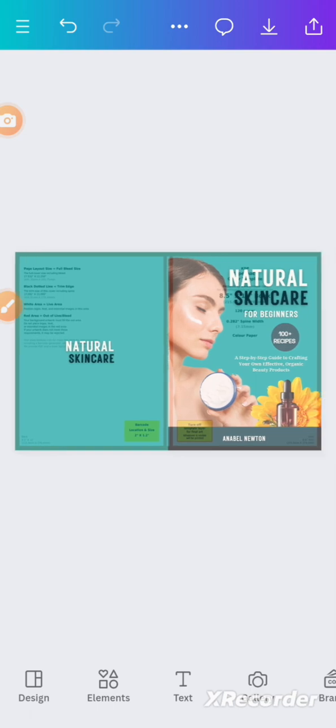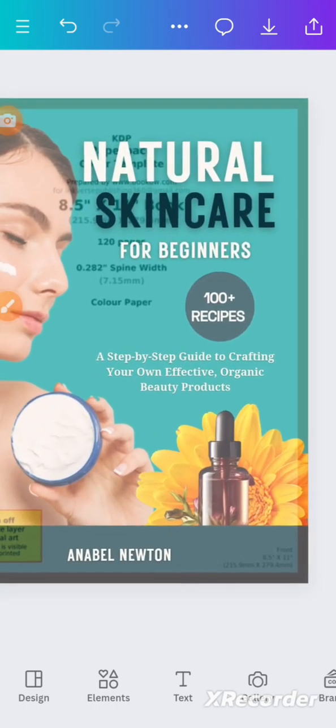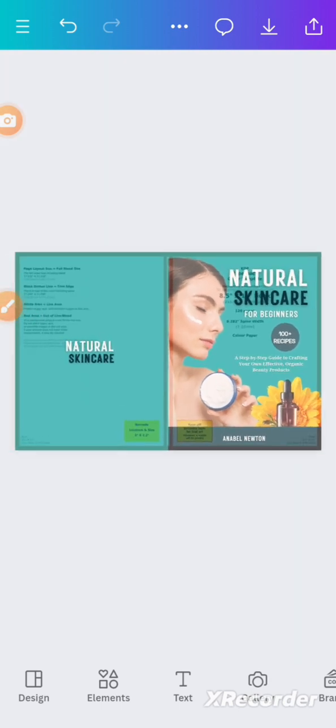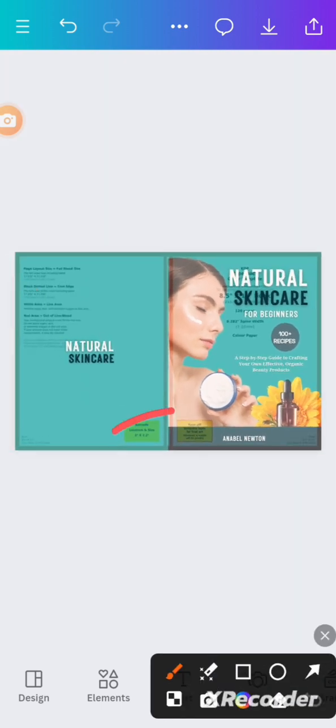And that once everything is in check like this, everything is in the box. It's not touching the bleed line, and even the barcode space, there's no text there covering it, and that is all. You can now